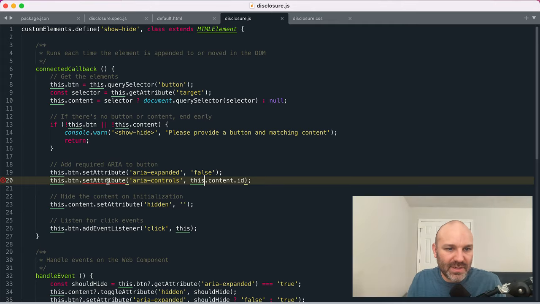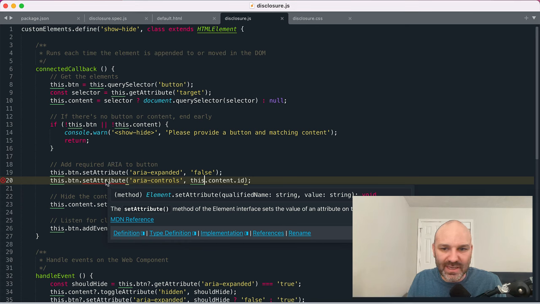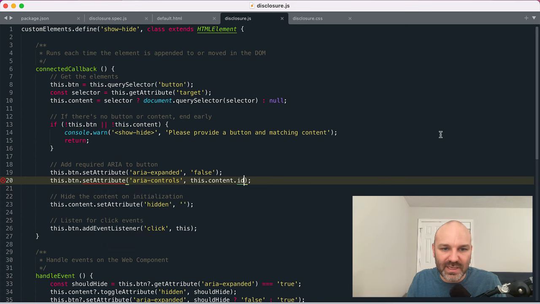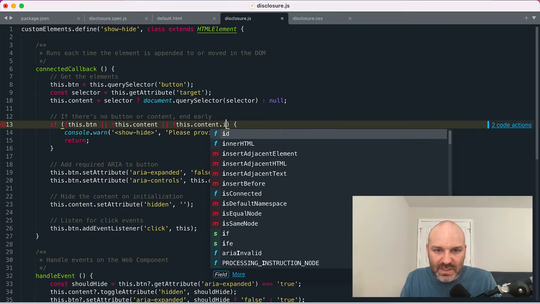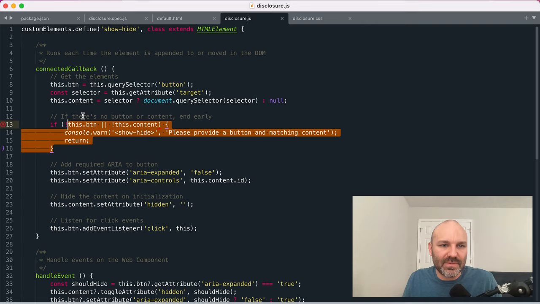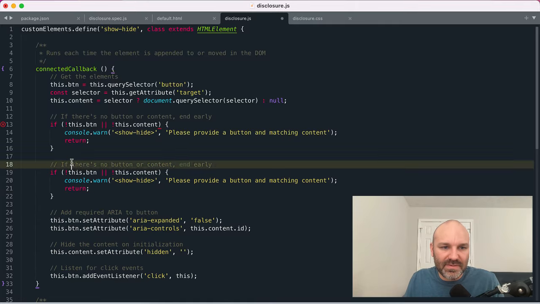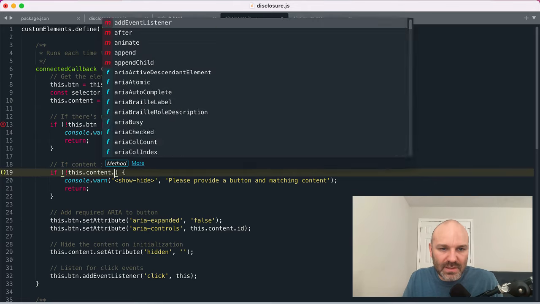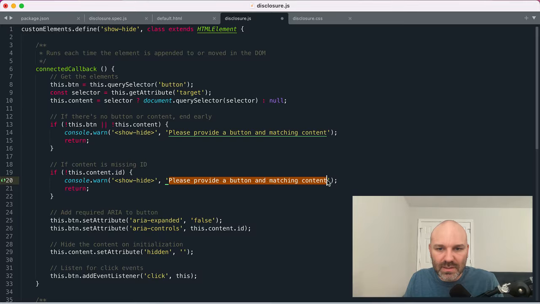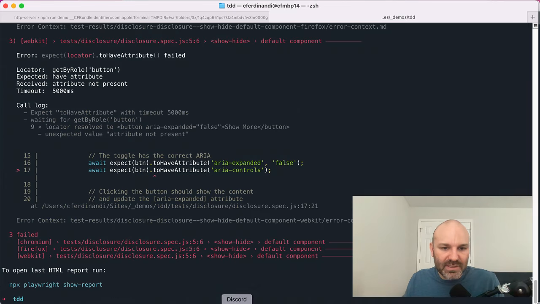It's so chatty. Oh, I guess because ID could be null. So I guess that's another thing we want to check, right? So if not this content, we'll add a separate check for this, right? So if content is missing ID, so we'll say if no this content ID, content must have a valid ID. Cool. All right. So now if we run our test,